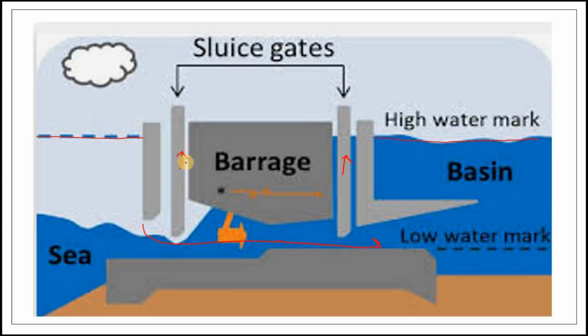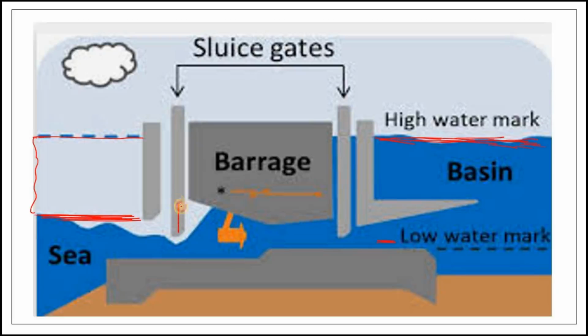Now the sluice gates are lifted up, right? So what happens now? See, in high tide this happens. Now when the tide is low, means the water has gone down, the sea level which was up here now has come to this level. So there's a difference now, right? Up here the water is still at the height. So you can see, due to low tide the water level has gone down in the sea, and in our basin the water is at a height, it is full. So this big difference is there, right, between the low water mark and high water mark.